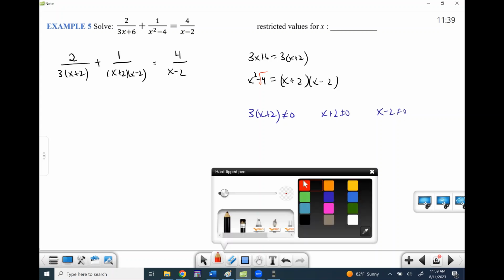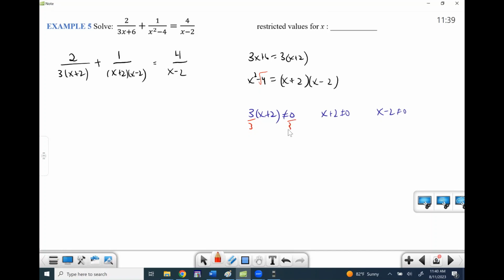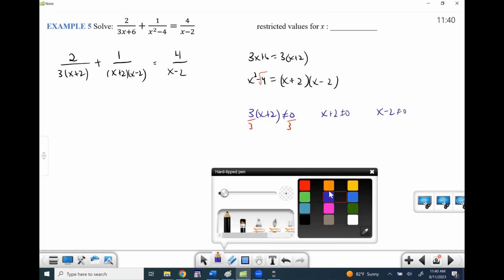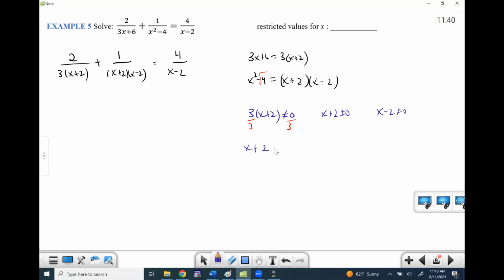Now, you can divide this 3 out, so it becomes irrelevant. So it's really just you setting x plus 2 equal to 0. So you're going to get -2. And you can see this is the same math, right? So this one's also going to be -2. But this one, when we add the 2 over, it will be +2. I need to make better not equal to signs. There we go. All right, so x can't be 2 or